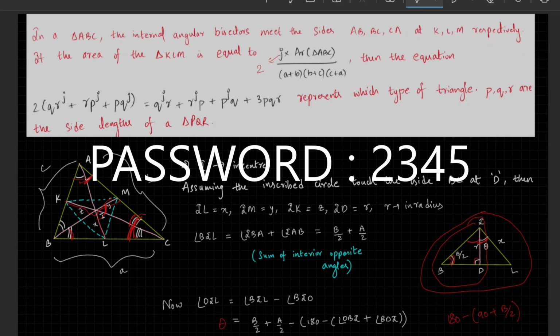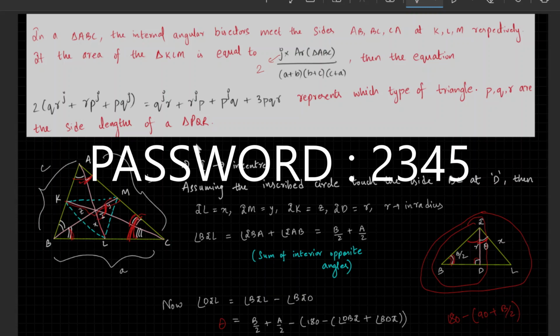This tests our thinking ability and the logical ability of identifying the terms and making sure we solve it in such a fashion that we get the required type of answer, because here we are required to find the type of triangle, whether it's equilateral, scalene, or isosceles. So we need to make sure we get terms like perfect squares, so that we can come to the direct conclusion very easily. So this is how it works.